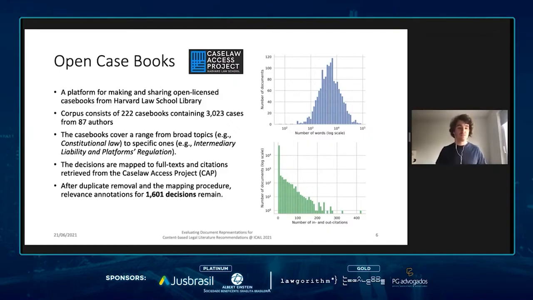The cases from Open Casebooks are linked to the Case Law Access project. Based on this, we can retrieve full text and also the citation data for all the cases. After some cleaning procedure, we end up with relevance annotations for 1,601 court decisions for this data set.